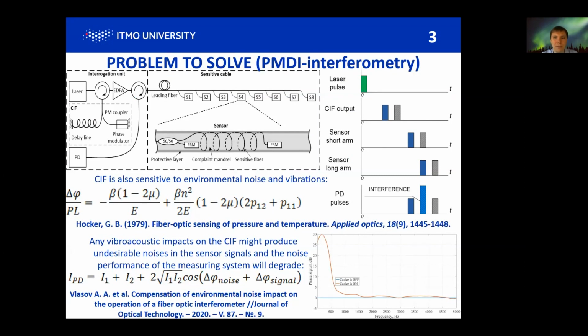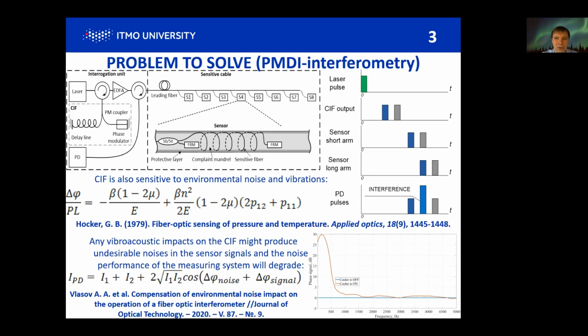The optical scheme of the fiber-optic streamer is constructed according to the principle of phase-matching differential interferometry, for which a so-called compensation interferometer was included into the dry end part. You can see it here, the compensation interferometer. However, important for this work is the fact that this interferometer also has a sensitivity to external vibroacoustic impacts,